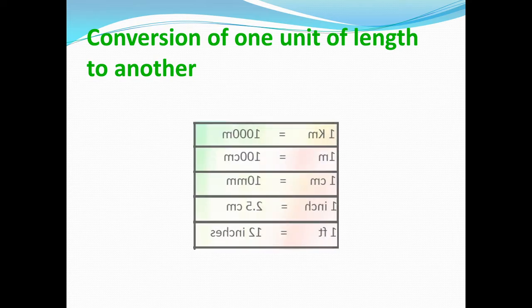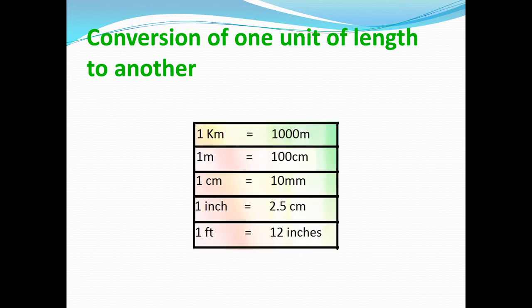We studied that 1 kilometer is equal to 1000 meter, 1 meter is equal to 100 centimeter, 1 centimeter is equal to 10 millimeter, 1 inch is equal to 2.5 centimeter, 1 feet is equal to 12 inches. Using these relations, we will be able to solve the numericals. Let's start. Our first question is,